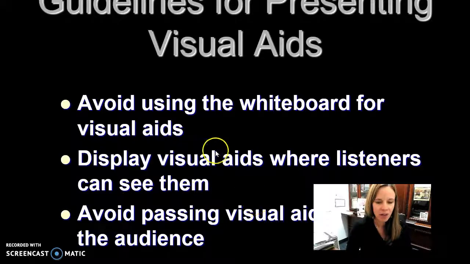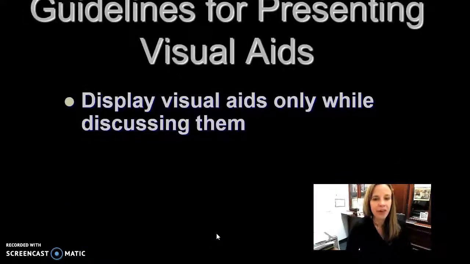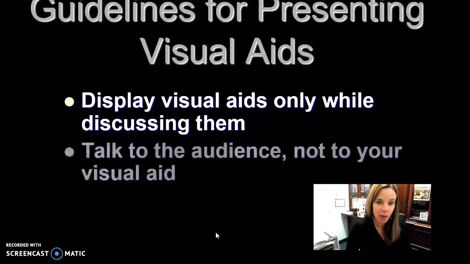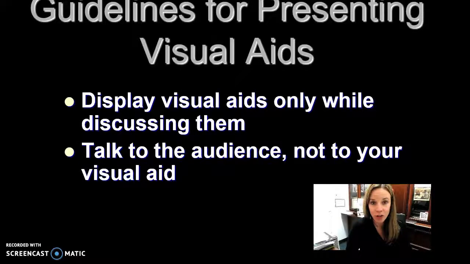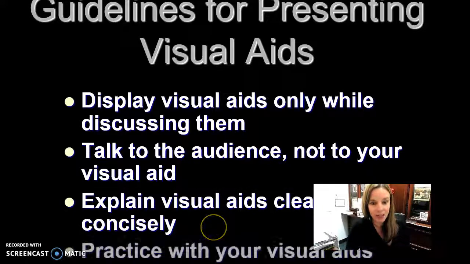We don't really have to worry about visual aids and passing them amongst the audience, but our audience members can get distracted easily. Try to only display your visuals while you're talking about them. Talk to your audience and not your visuals and explain them clearly. They can't explain